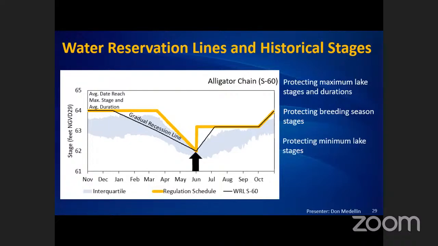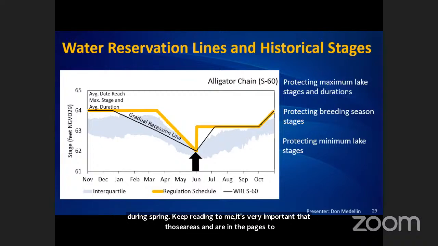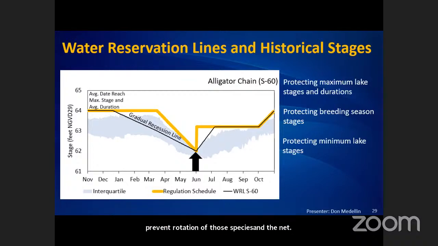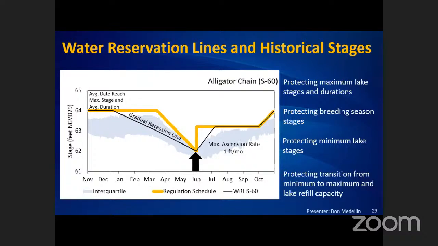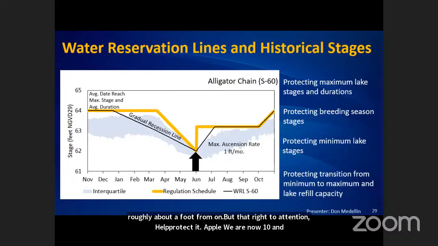And so then we also have the lower stage that's designed to protect the littoral zone habitat and the lower edges, the lower boundaries in the lake. And then we also have this ascension rate, which is roughly about a foot per month. But that gradual ascension rate helps to protect apple snails, alligator nests, and multiple other species. So that's just kind of a rundown of the water reservation line and why it's important from a habitat and